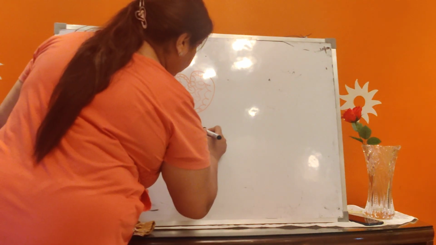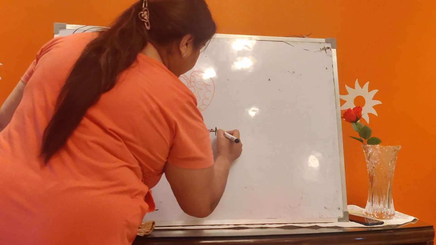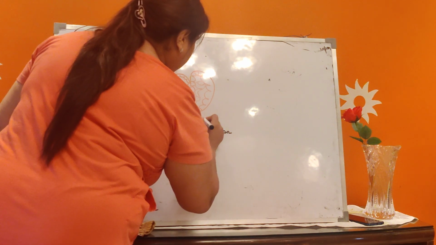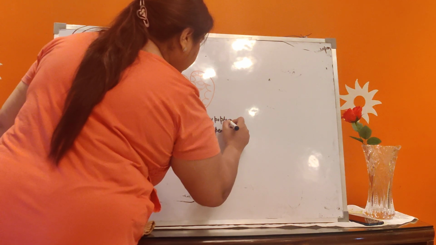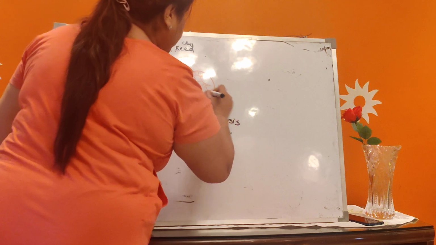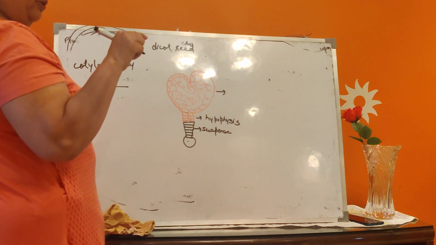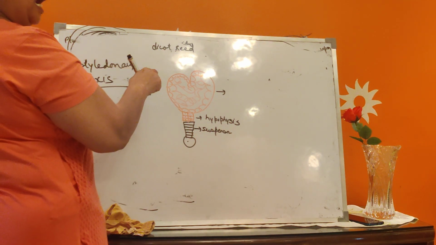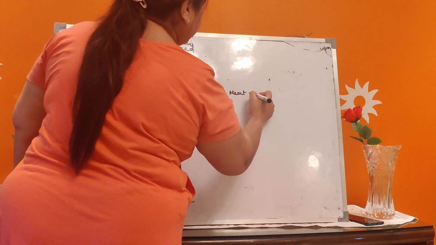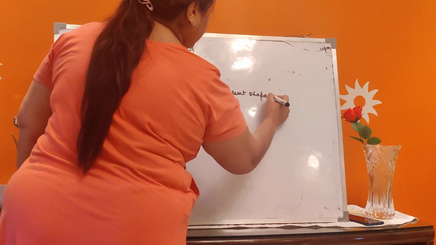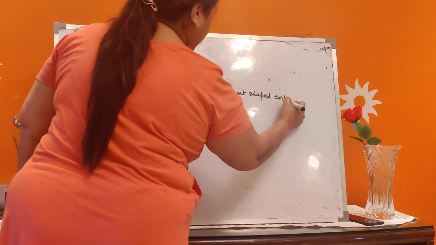This is what? Suspensor. This is what? Hypophysis. This is what? Globular embryo, which now is what? Heart shaped. It is what? Heart shaped embryo having,